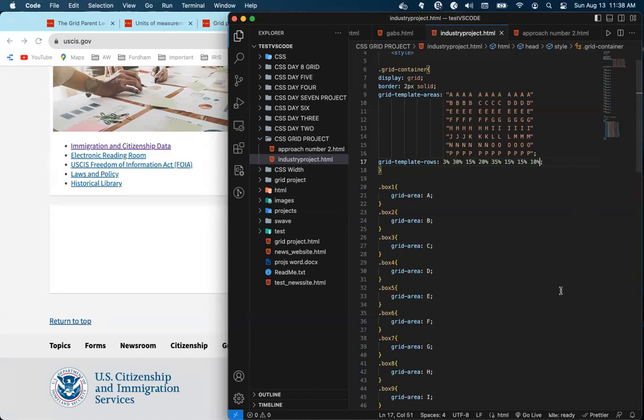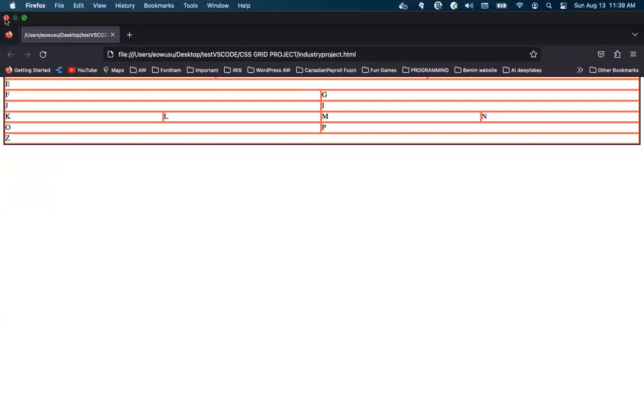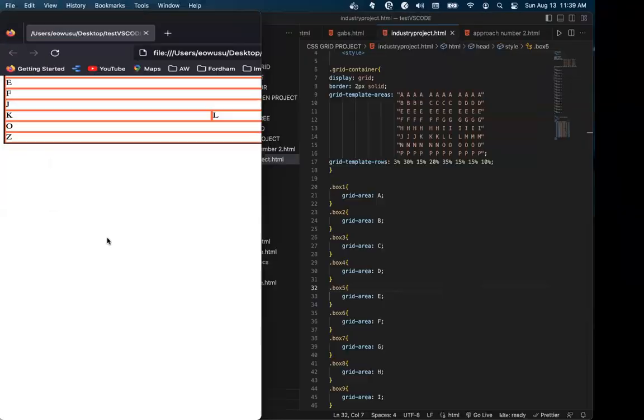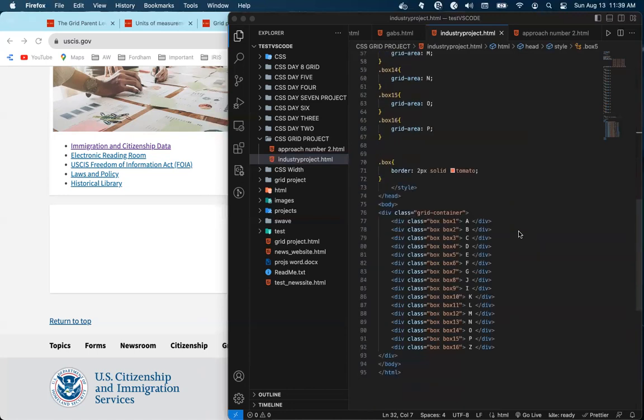Save it. So let's see what we get. It didn't take any effect because we don't have any content in there, so no problem. But as we put content in there, that's gonna matter. Okay, so let's start to put content. There's nothing else to do. So let's begin from the top. So the top is gonna be box 1. So within box 1 here,